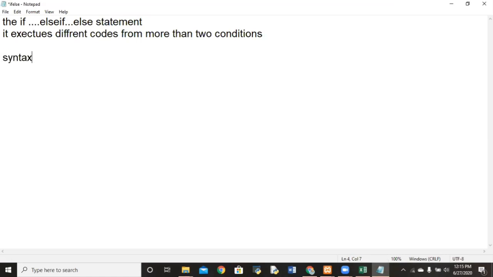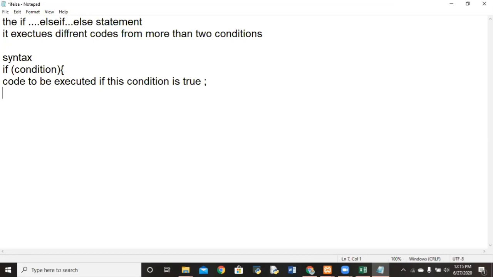What is the syntax? So: if, condition, curly braces, code to be executed if this condition is true.